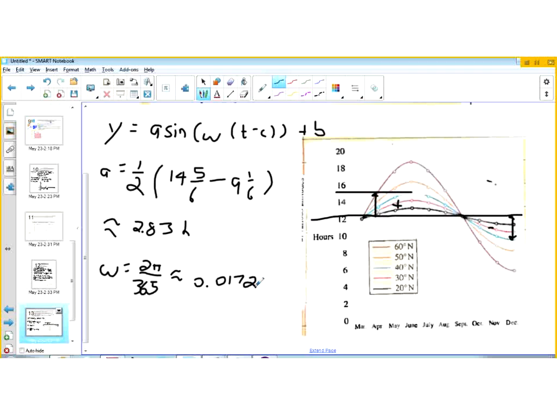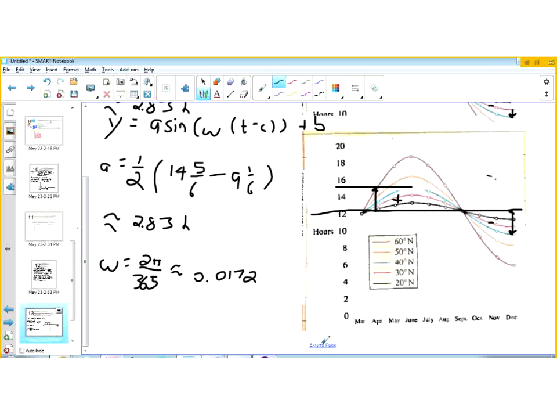Like on March 1st of one year, the number of daylight hours will be the same as March 1st of the second year. Of course, this is an estimate. We're not taking into account leap year and all that other stuff. Or maybe we are. Who knows? Anyway,